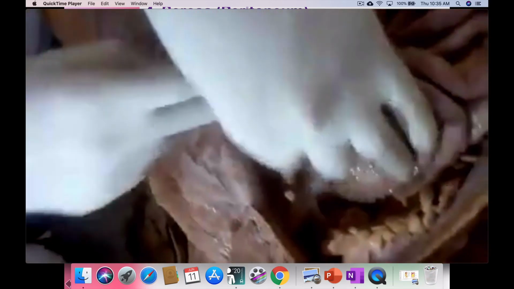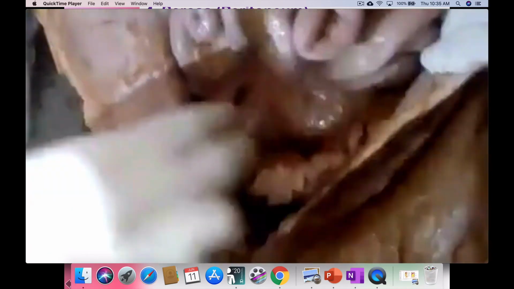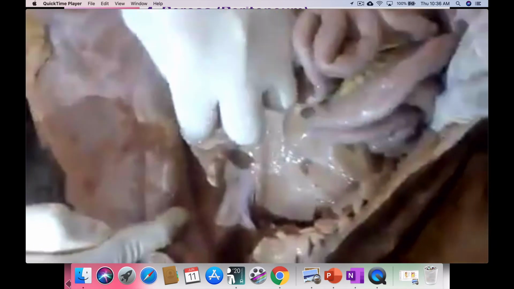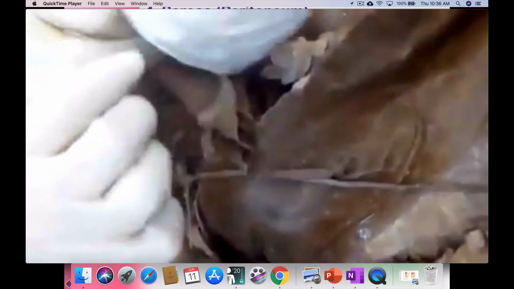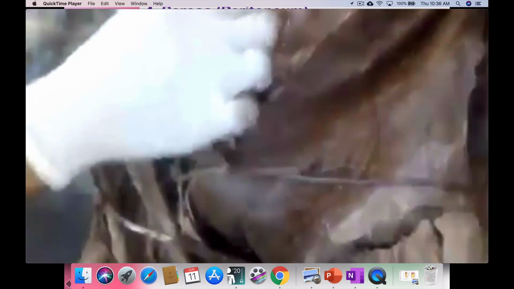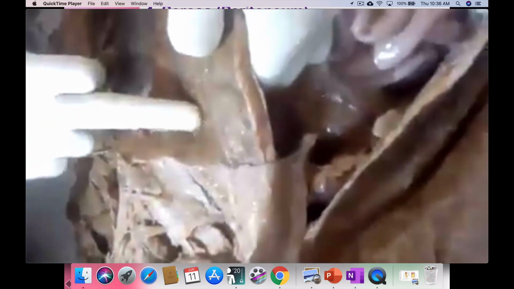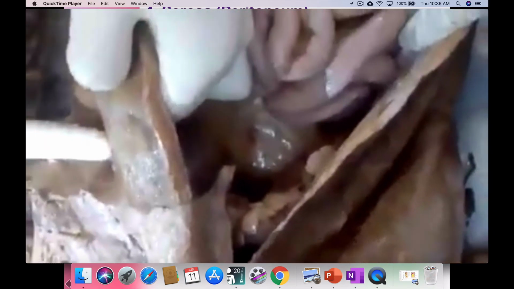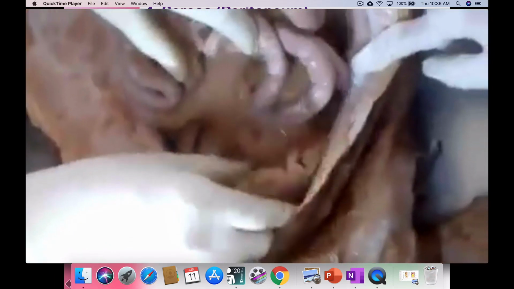Likewise, now you can see the size of the appendix. All of you keep your finger width and measure, just the size of the little finger. This is the right iliac fossa. This point is called McBurney's point. And here you can see this mesentery that is attached